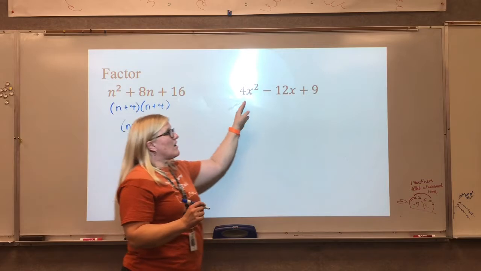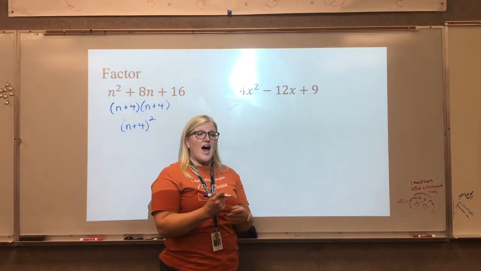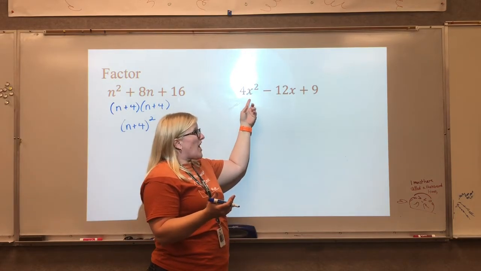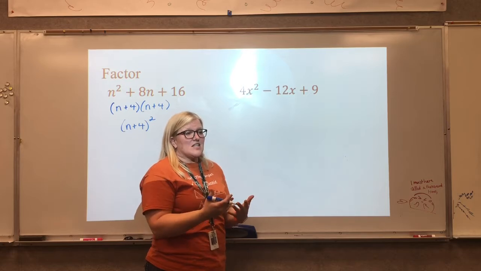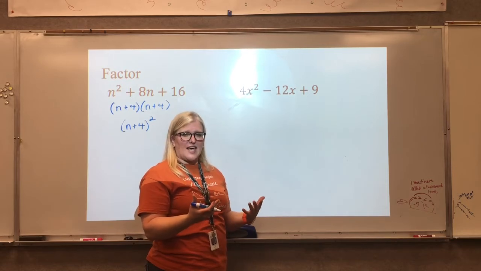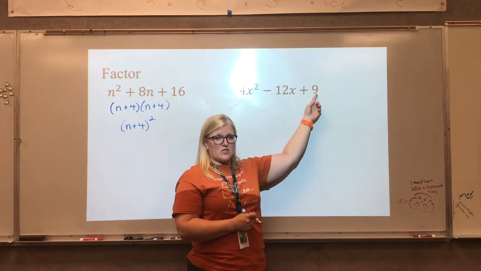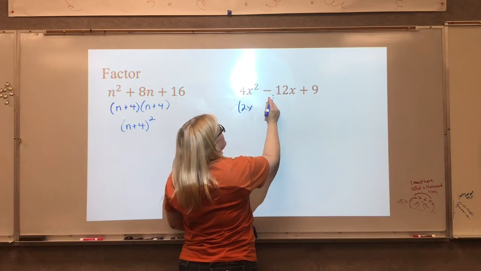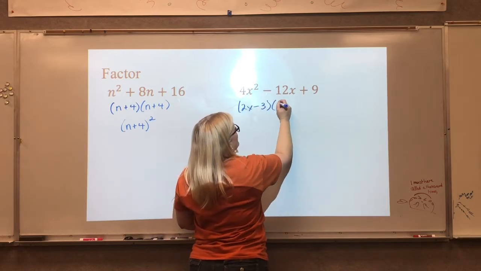Now over here, I have a couple of choices. I could do the Xbox method. I could do guess and check. And quite frankly, guess and check might actually work, but my guess is a little more educated, because this is a perfect square and this is a perfect square. So I'm going to guess that it's 2x minus, because I have a minus right here,